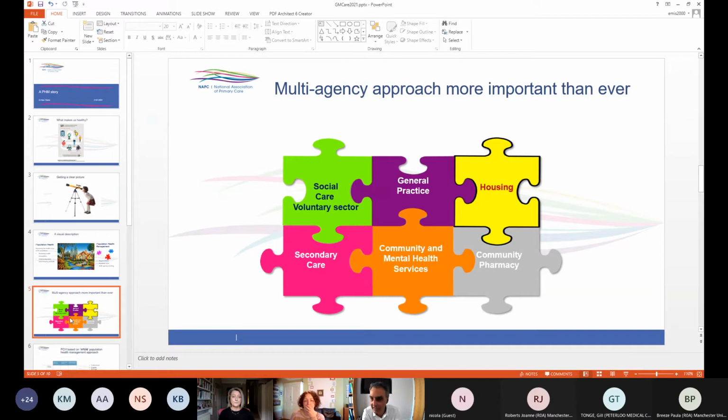But there are a number of agencies or a number of sectors that have an impact, don't they, on the health and care status of our patients, our carers, our communities, and starting to think about how we can engage with them in a meaningful way that really helps address the challenges we face within our practices. Joanna, does that all make sense so far? Okay, thank you. So if I then move on to the next slide,